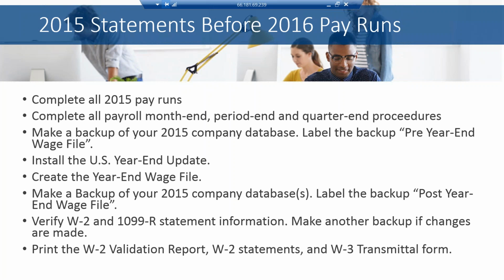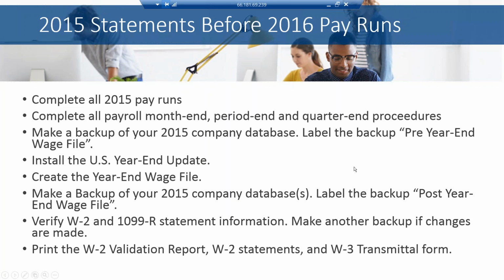Okay, so next step beyond that is then to verify the W-2 and 1099-R statement information, and I'll show you those windows here in just a minute. And then if there's any changes that you make, we'll make another backup. Okay, now if all is the way it should be, you'll review those and they should be correct, and then you can move on. And then following that, you're going to print your W-2 validation report. You're going to print your W-2 statements. Okay, and we'll talk a little bit beyond the printing of statements, but also then the electronic filing of those W-2s as well. And then lastly, there's a W-3 transmittal form, which is a summary of the W-2 statement